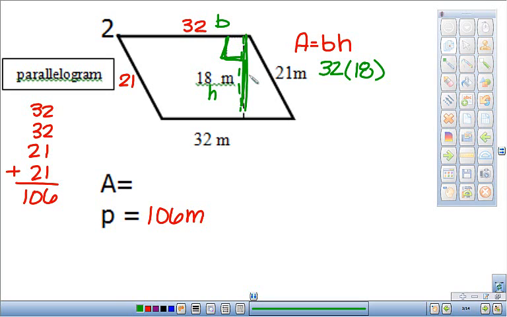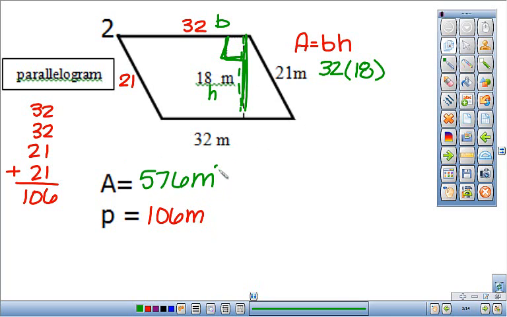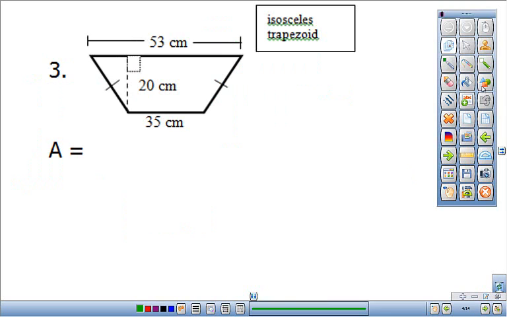So you just have to enter 32 times 18 and get 576. Now area, don't forget your units are squared. Next up we have a trapezoid. The formula for area of a trapezoid